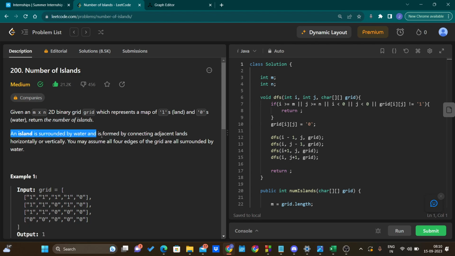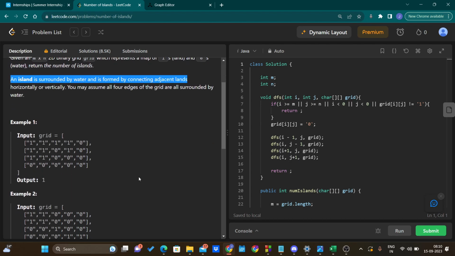So an island is surrounded by water and is formed by connecting adjacent lands horizontally or vertically. You may assume all four edges of the grid are all surrounded by water. So an island is a connected piece of land. So this is a land. This is connected to this land, this land, this land. Then this is connected to the land below that,